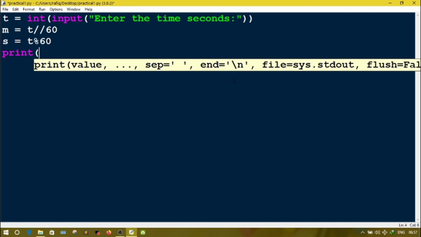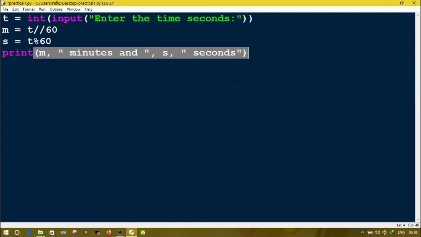For that, we will write first m comma quotation minutes quotation close comma, for the variable for seconds it is s, again quotation seconds, quotation close, bracket close. Now save the file